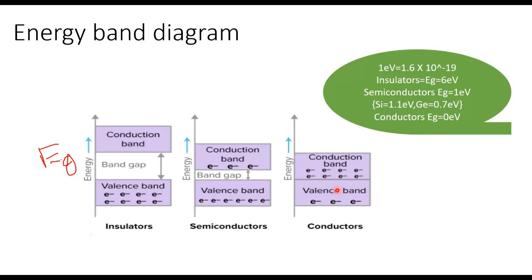So even a very small potential difference can cause the free electrons from valence band to move into the conduction band, which constitute the electric current. So here always remember, in conductors, the valence band and the conduction band overlap. In insulators, we can see it has a very large band gap. So it is very difficult, or it requires more amount of energy to move electrons from valence band to the